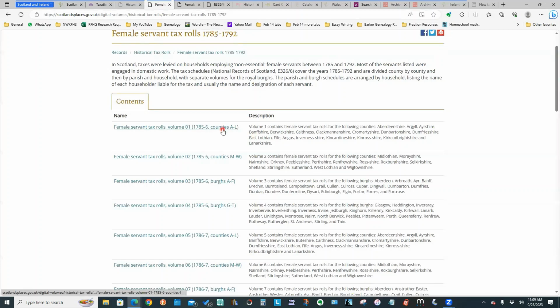This was a particular one I was interested in since my Renton family came from Berwickshire and some of them Lanarkshire. They've also got the rolls split by major towns, and that's what these are. So you can see we've got the range of years and they're divided up. So I clicked on this first entry here